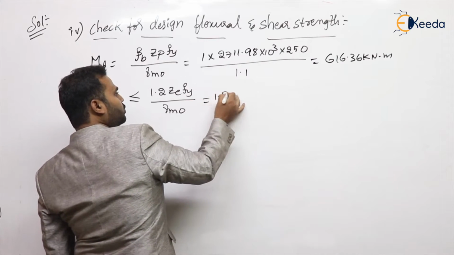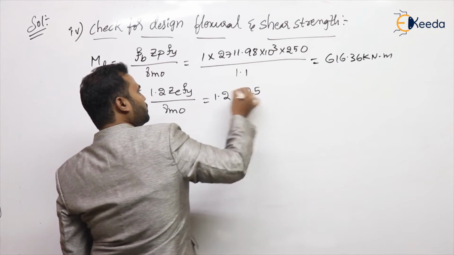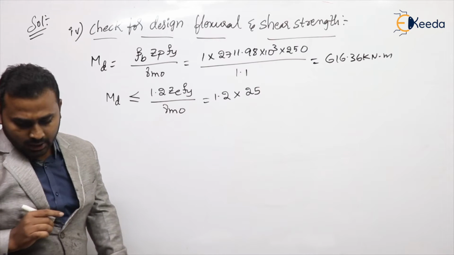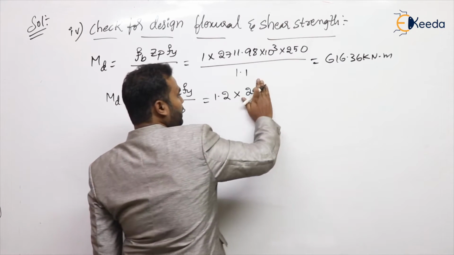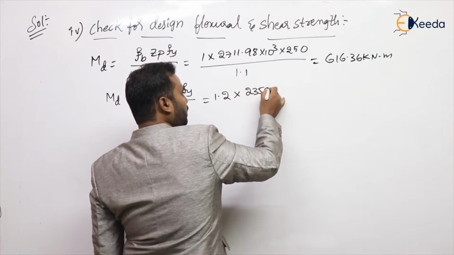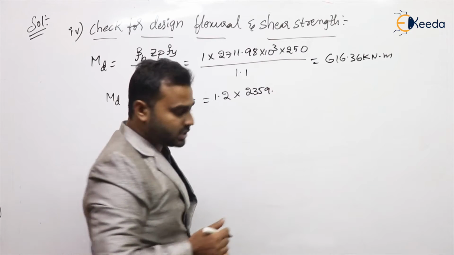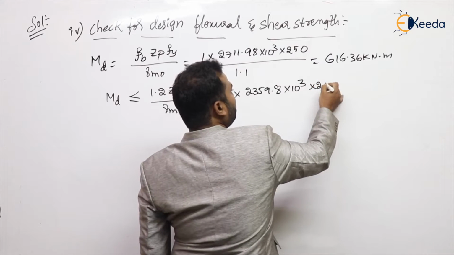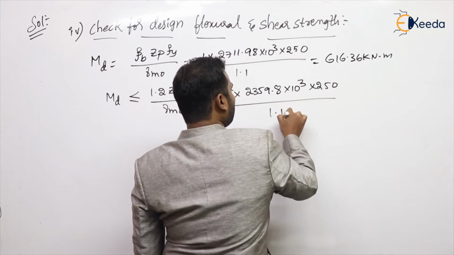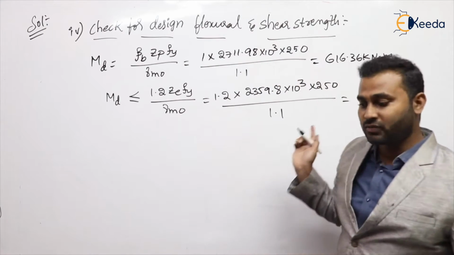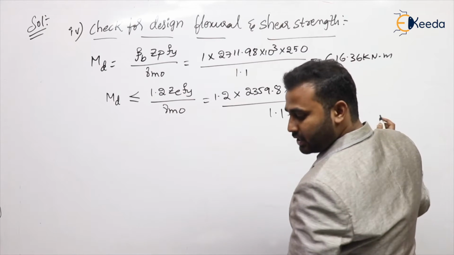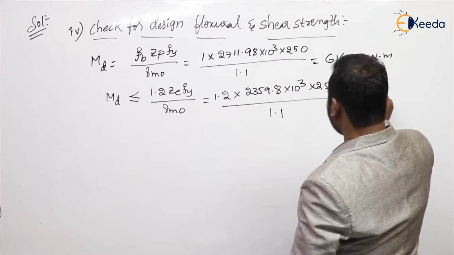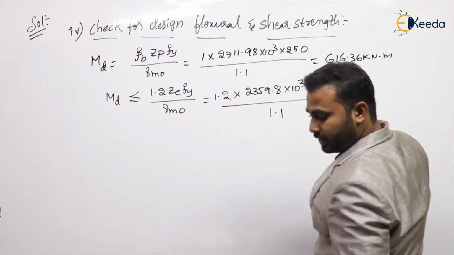Now this 1.2 into 250, so Ze, the elastic section modulus, is 2359.8 × 10³, into 250 divided by 1.1. Upon simplifying, we get this value as 643.58